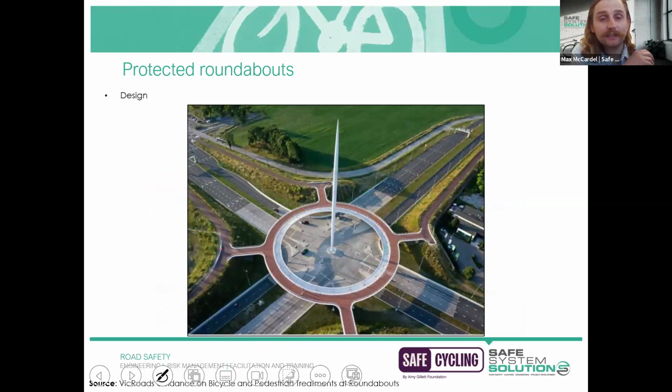So protected roundabouts, this is not an example of a protected roundabout. This is an example of grade separation. This is the Hovenring in the Netherlands. And I just wanted to reiterate or remind, if you are talking about managing a cycling shared path network or connection, and it's interacting with a motorway or a significant movement corridor, I don't think we can be doing that